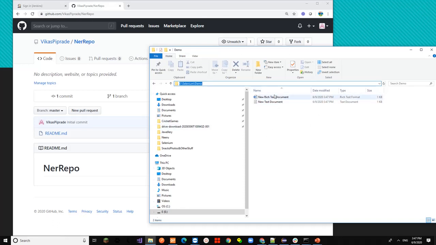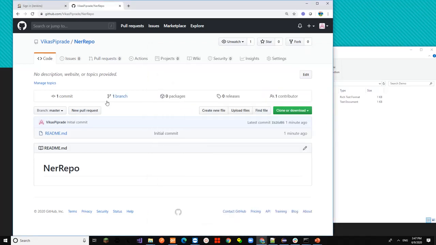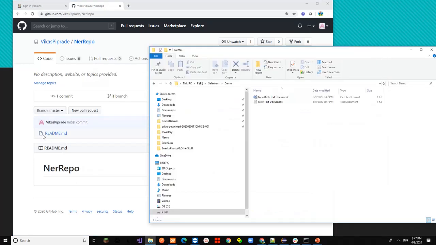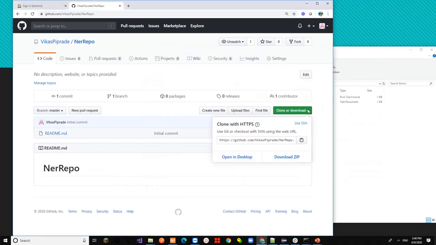To do that, there is a command which is clone, and we can clone this particular repository. That means it will bring all the files of this particular repository into my local folder. So I'm copying a URL, a clone URL.